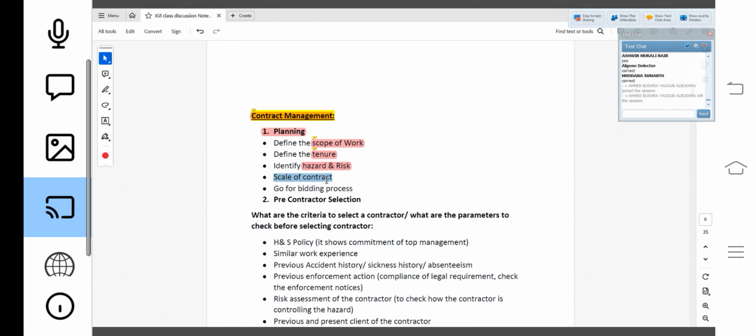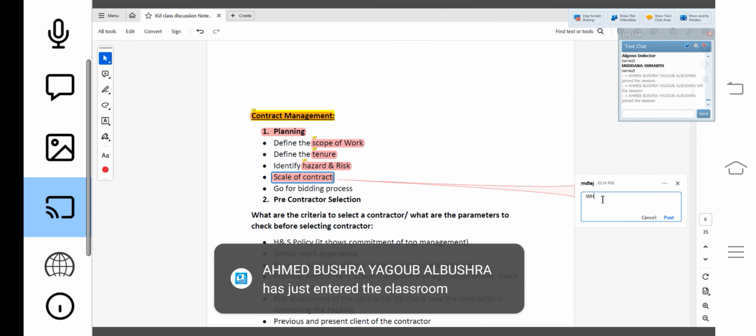Then scale of the contract. Scale of the contract meaning, let me write this one. So you can say risk assessment has to be carried out. Then scale of the contract meaning that only one building, or if I have 2 buildings, or I have 3 buildings.